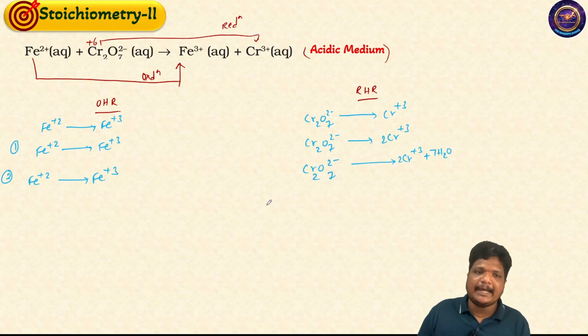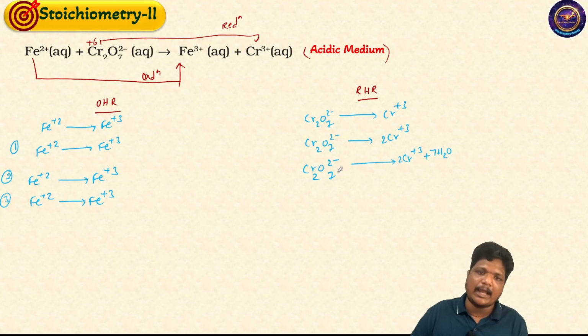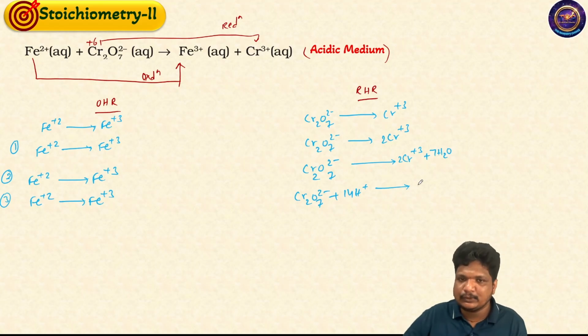Now you can balance the hydrogens. Here there are no hydrogens, so again it stays the same: Fe+2 gives rise to Fe+3. Next, here there are a total of 14 hydrogens, and on the other side there are none. Now you have to add H+ ions. So 14 H+ ions: Cr2O7 2- plus 14 H+ gives rise to 2Cr+3 plus 7